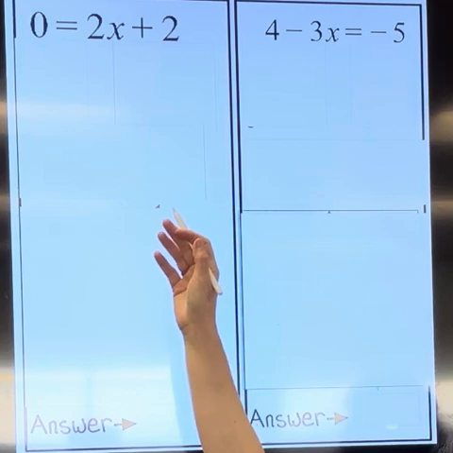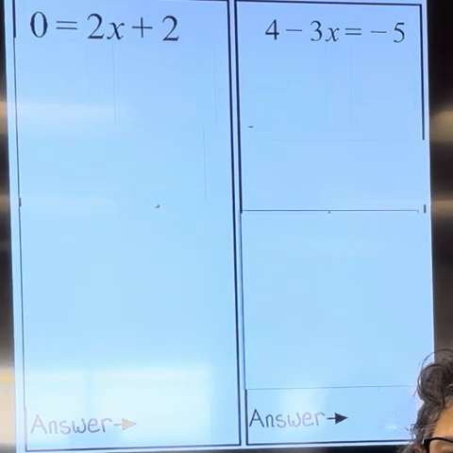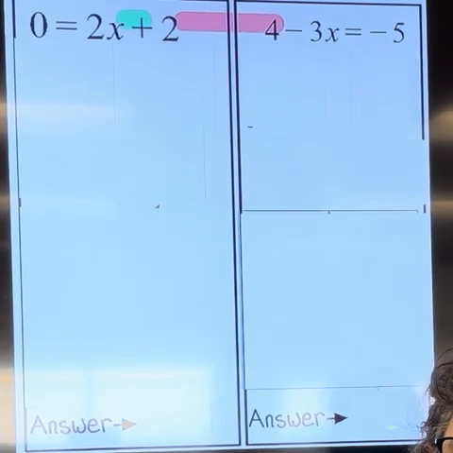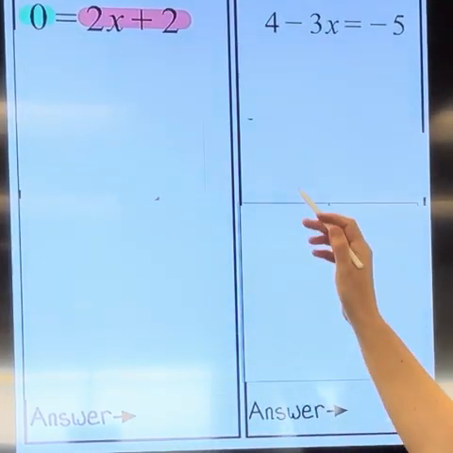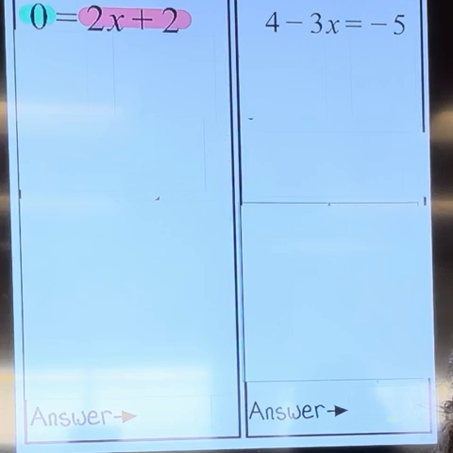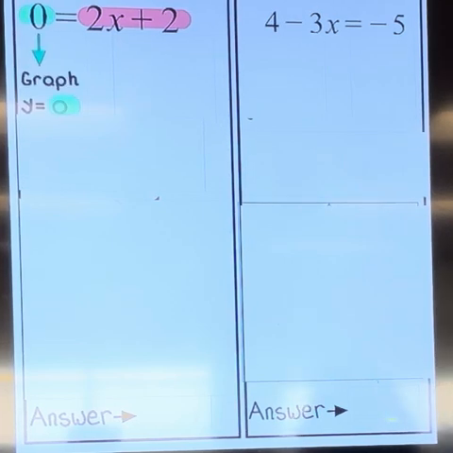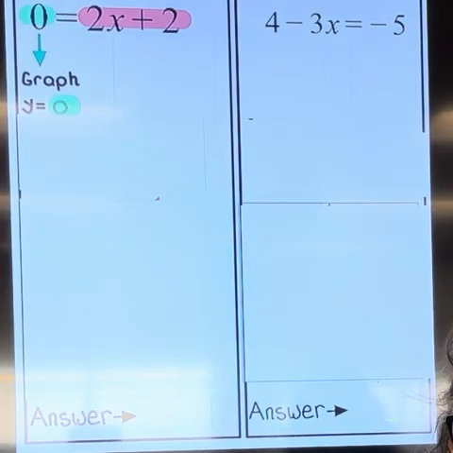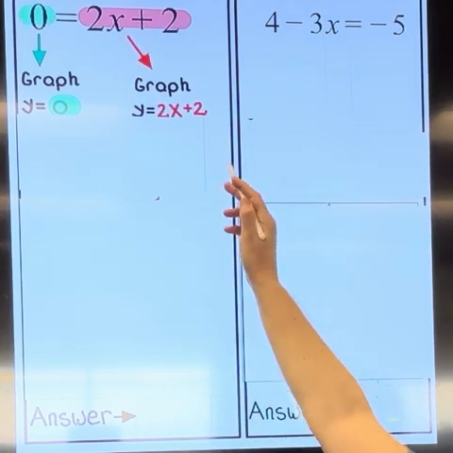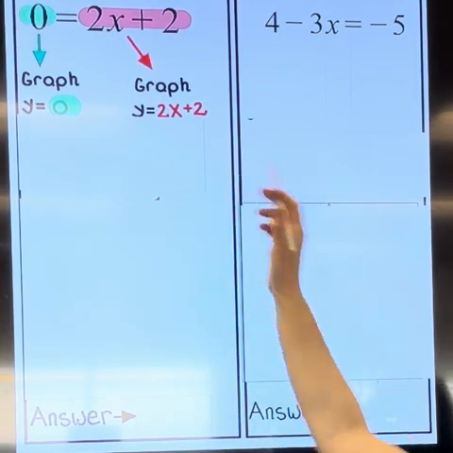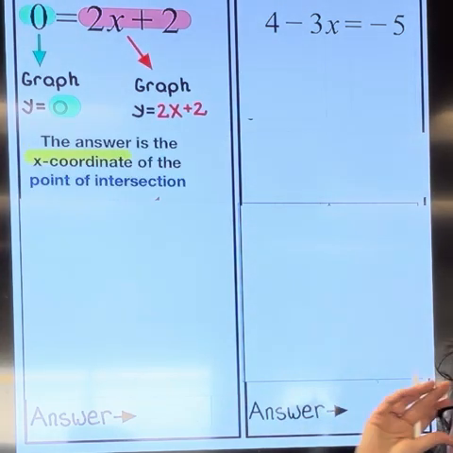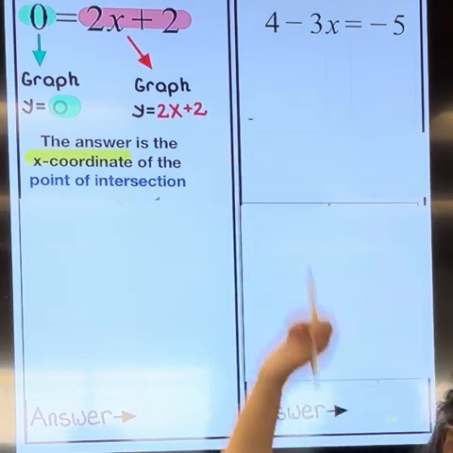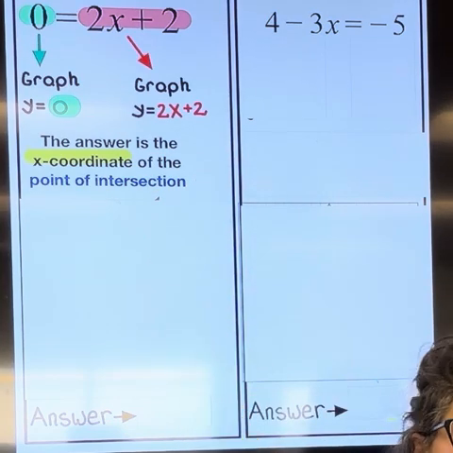To solve by graphing, we're going to begin by creating two separate equations. The first equation that we're going to create is y equals the left side, so that's going to be y equals 0. And then the other equation will be y equals the right side, so y equals 2x plus 2. We're going to graph both of these lines, and the answer to the original equation will be the x-coordinate of